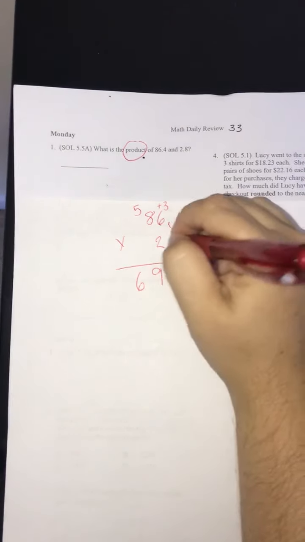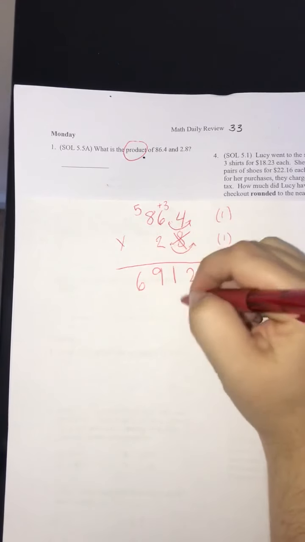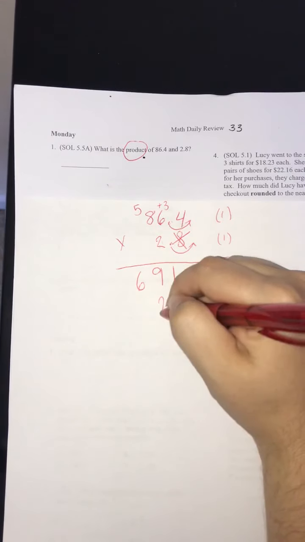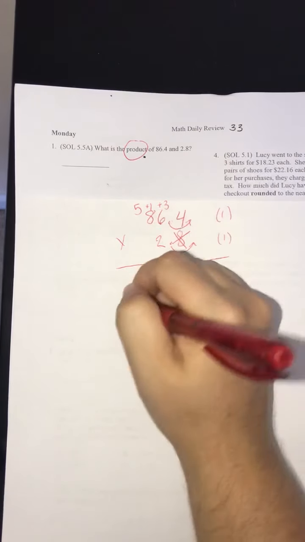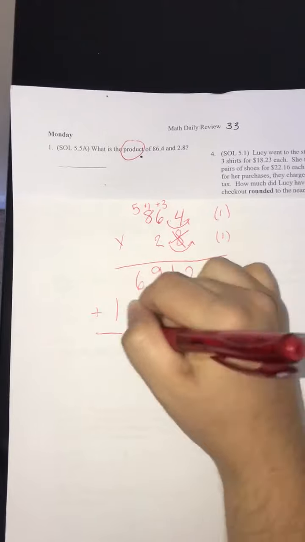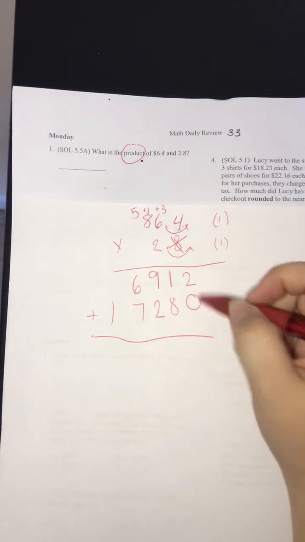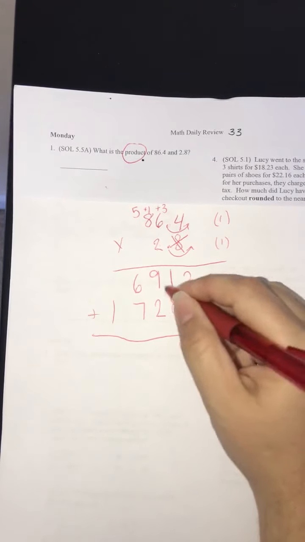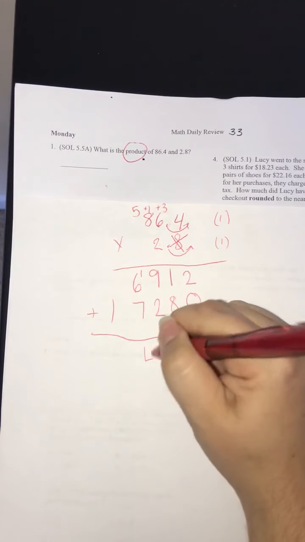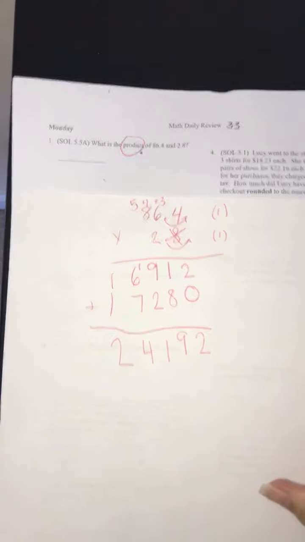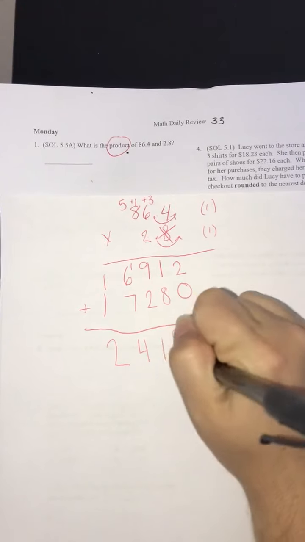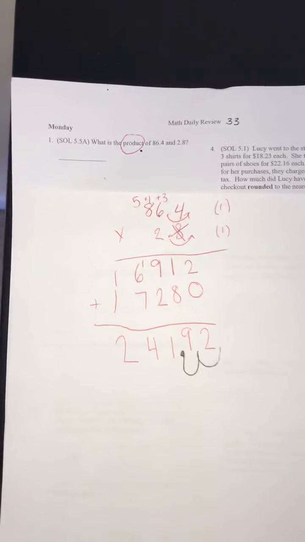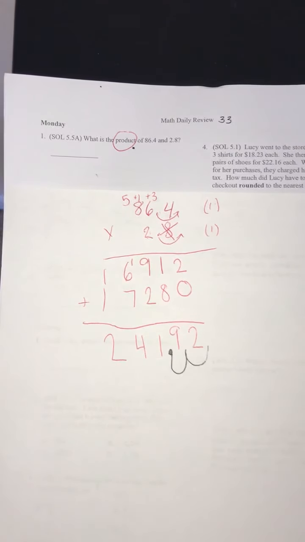All right, now since I'm done with the 8, I'm going to put a 0 here, and then 2 times 4 is 8, 2 times 6 is 12, the 2 goes down, the plus 1 goes up, 8 times 2 is 16, plus 1 more is 17, and then I'm going to add all my partial products. So I get 24,192, but really when you put your two decimals back in, 1, 2, it's 241 and 92